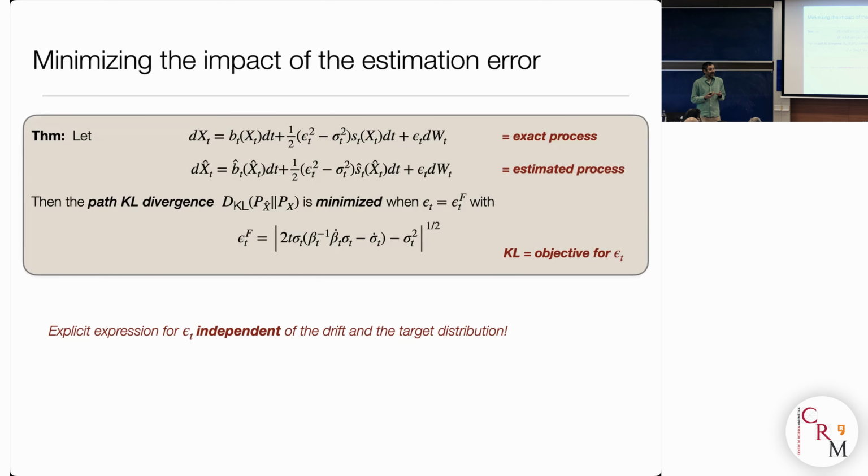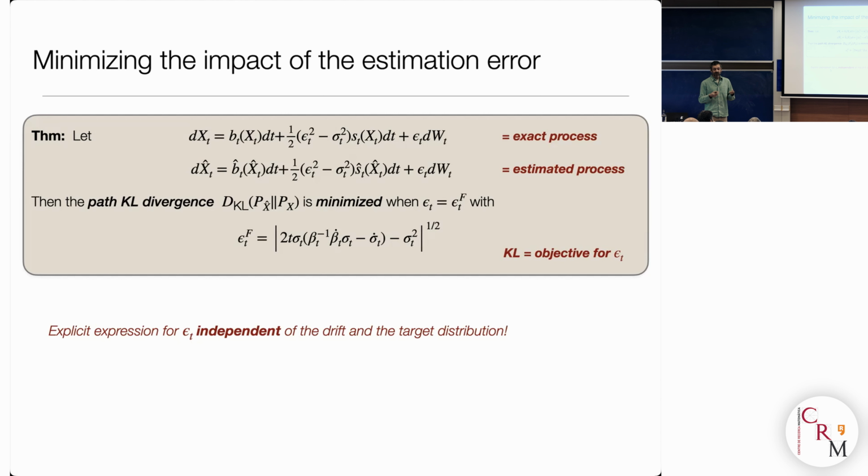And so you can a priori think, well, if you want to minimize the impact of the estimation error on the generation error, you just need to minimize this object with everything being fixed over the diffusion coefficient. Okay? And I'm not going to give you the steps, but a remarkable thing happened: you can actually do this explicitly.